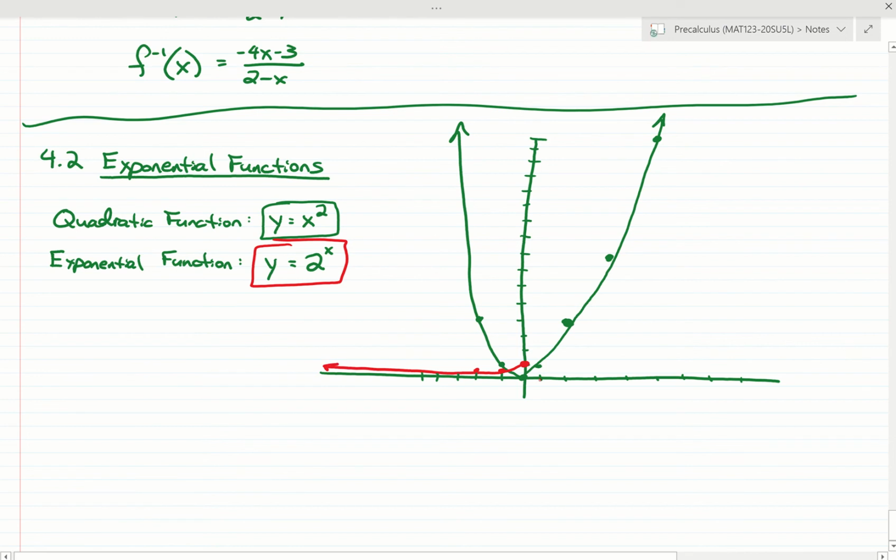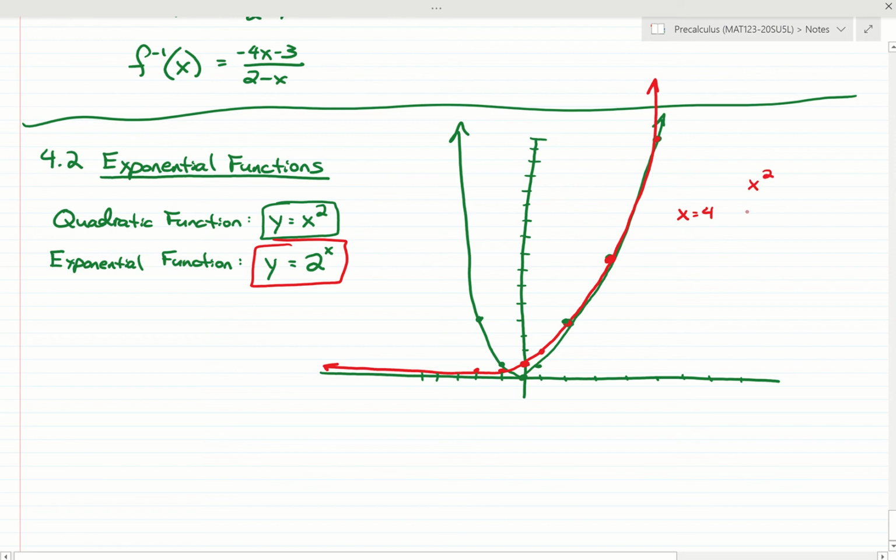2 to the first is 2. 2 to the second is 4. 2 to the third is 8. 2 to the fourth is 16. So it looks similar. But what happens after 2 to the fourth? So when x is 4,